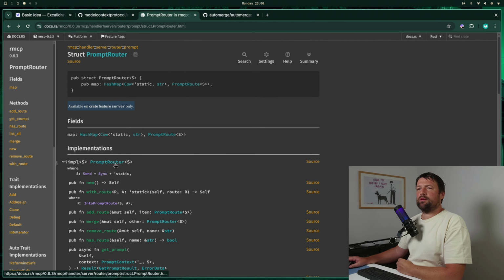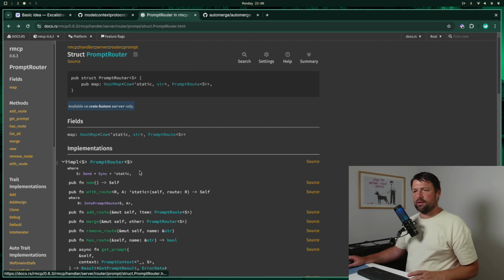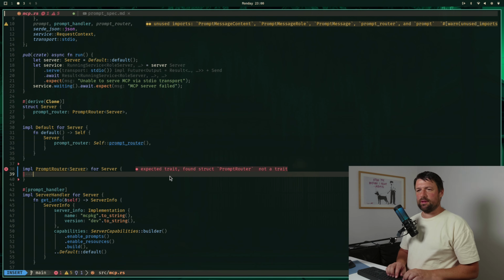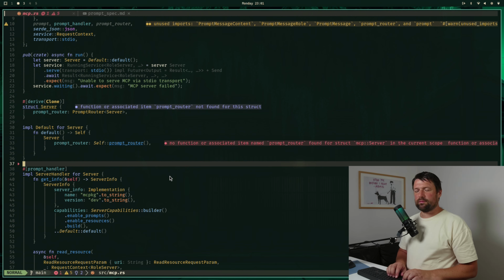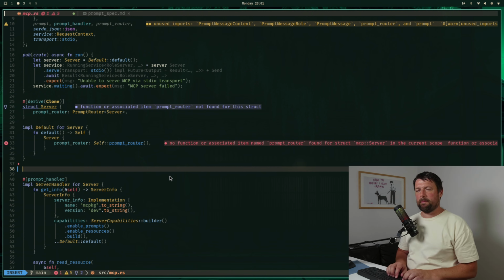But wait a second, we don't have to. A prompt router is already a struct. That's even better. That's also not what we want. What we want is actually a function